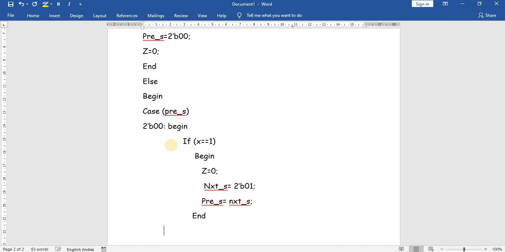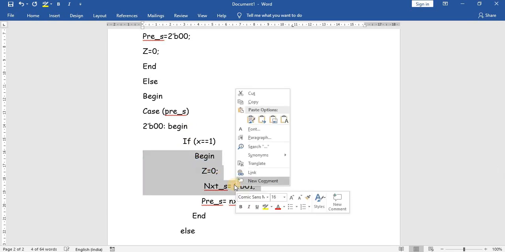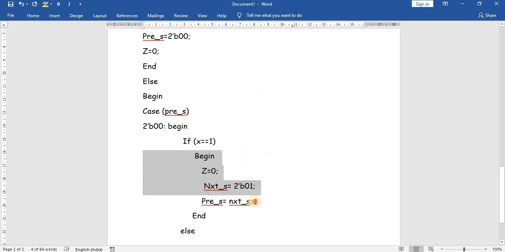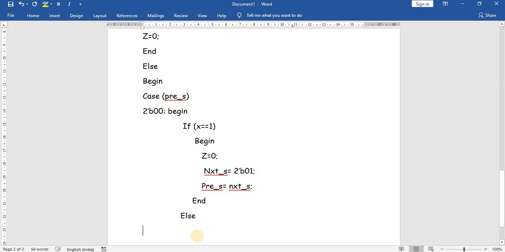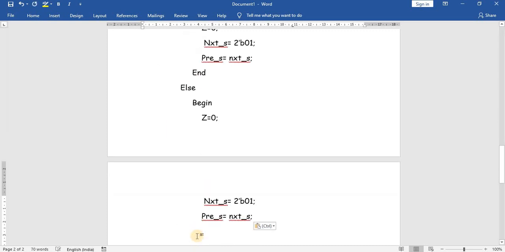Then, if x equal to 1, the other condition is x equal to 0. Then begin, z is equal to 0, and the next state will be 0 0 to stay in the same state.